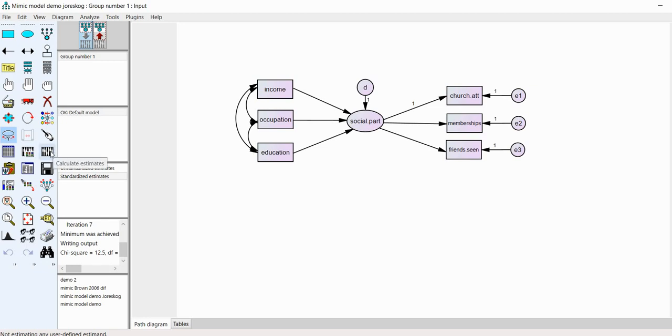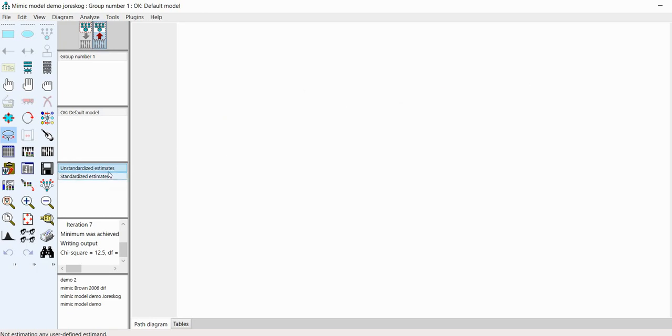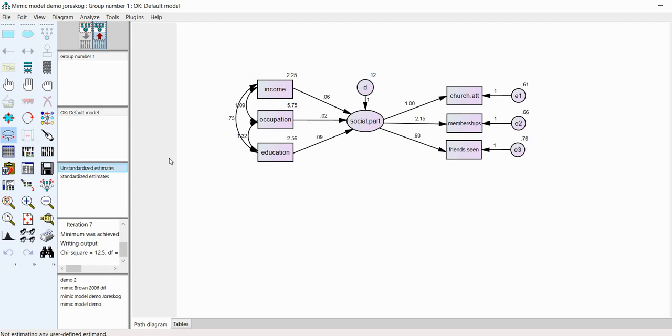I'll go ahead and click on Calculate Estimates, and we get our output. I'll click this button right here, and you can see that we have the unstandardized estimates in our model, and then we have the standardized estimates. If we go back to the unstandardized estimates, I do want to mention that this coefficient of 1 is because I had fixed that factor loading to 1. If we go back, there it is right there, and the reason why is to achieve identifiability for the model. At any rate, that's why that's there, but the remaining estimates are just that, they're estimates